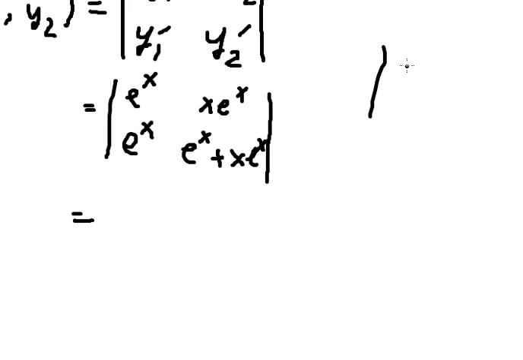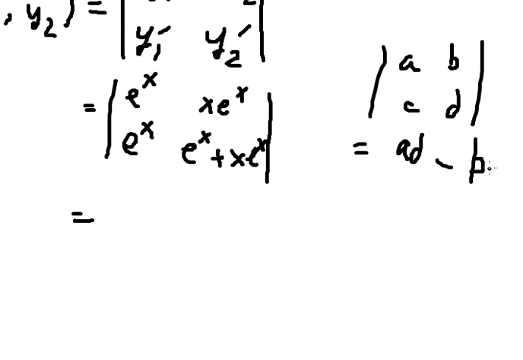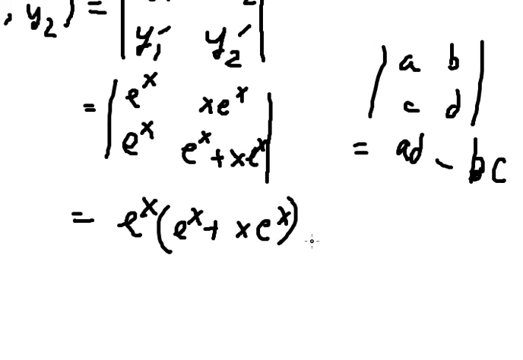So we have A, B, C, D, and this one is A multiplied by D minus B multiplied by C. So this one should be like this. We simplify this one and we get